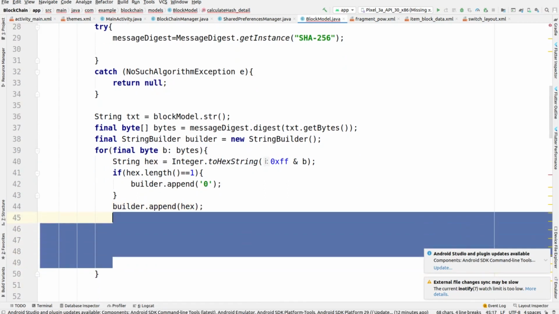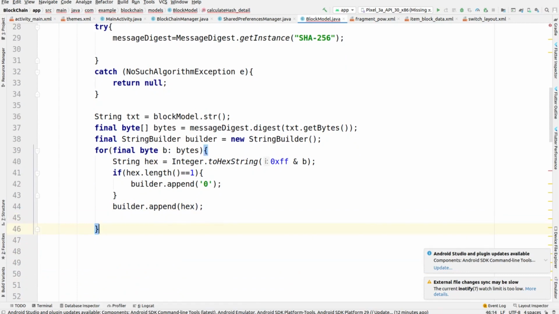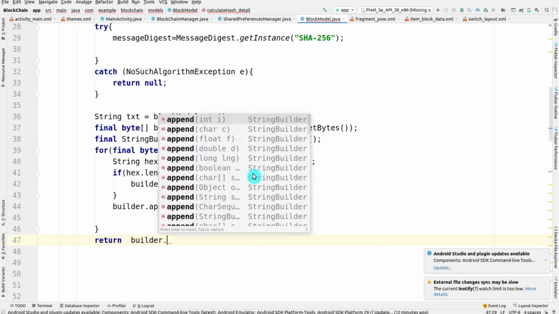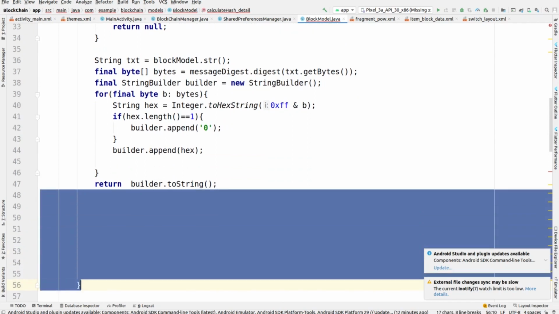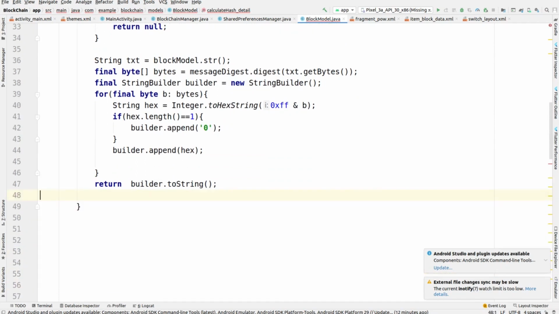We are just appending each element of the byte array as a hex string, and then finally we are returning builder.toString. Okay, so we are just returning that StringBuilder in the form of a string. That's why we have used toString.